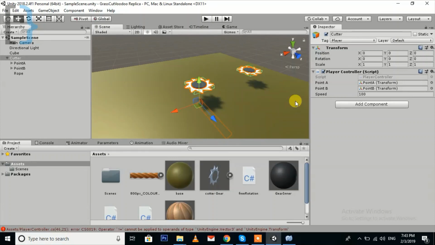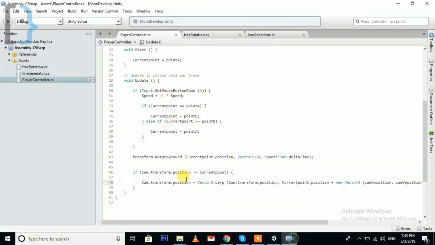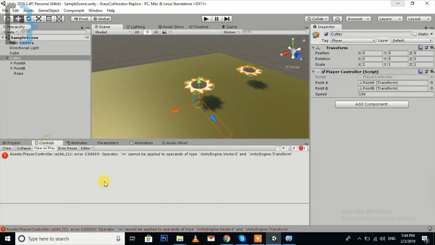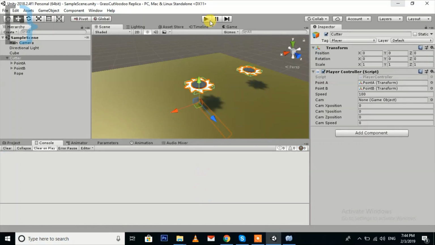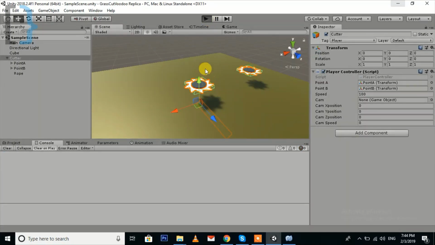Okay, I don't know why. So we need just the position, not the transform. Okay, so now I think the camera will, oh,